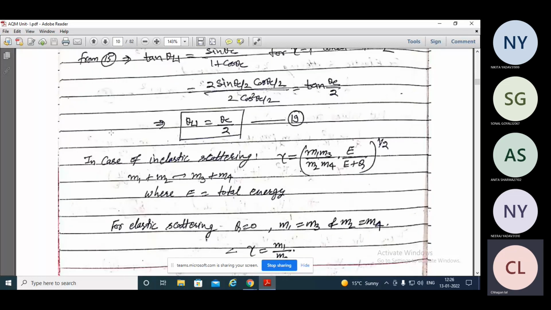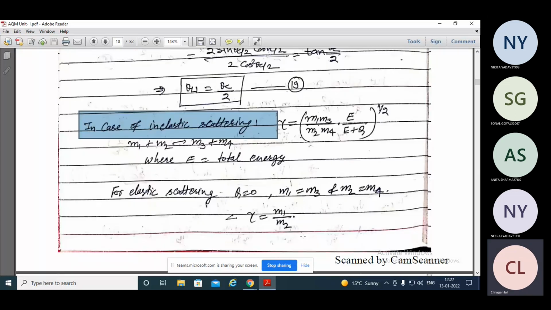अगर मान लीजिए यही सिचुएशन यहाँ पर इनइलास्टिक स्कैटरिंग में करना है, तो ये गामा ये टर्म ऐसे आएगा। तो गामा इक्वल टू m1 m3 ओवर m2 m4 देन e ओवर e प्लस k की पावर हाफ। अगर इलास्टिक स्कैटरिंग है देन यू कैन सी some measurements also. Q equal to 0 होता है because there is no energy production after that step. M1 equal to M3 होता है और M2 equal to M4 होता है। तो गामा equal to M1 by M2।